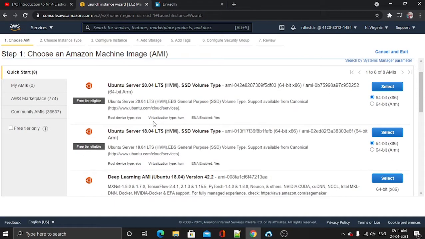There are many versions for this operating system because it is an open source operating system. There are a lot of patches which are releasing day by day and month by month, and they are updating it. So that's why there are many releases, one of which is 18.04, which is quite common